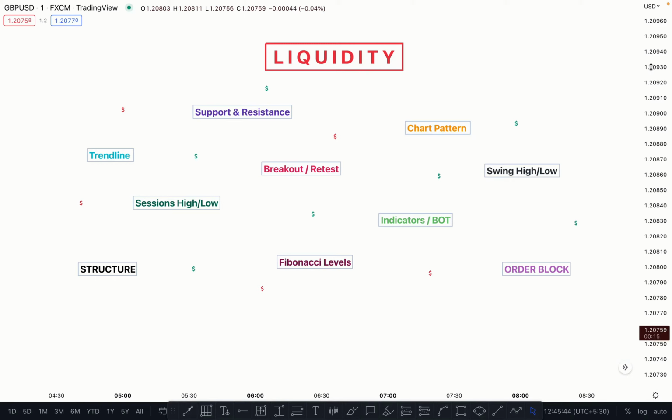I will say only one last thing: structure plus liquidity equals a high quality setup. Don't focus on many things, focus on two things and you will be a great trader. Seriously, focus on two things: structure plus liquidity, structure plus liquidity. Don't focus on a lot of things, and I don't believe in giving you an unnecessary lecture of 15 hours or 20 hours, with 12 lessons, 15 lessons, 50 lessons. I believe in giving you quality content which will actually help you move on.